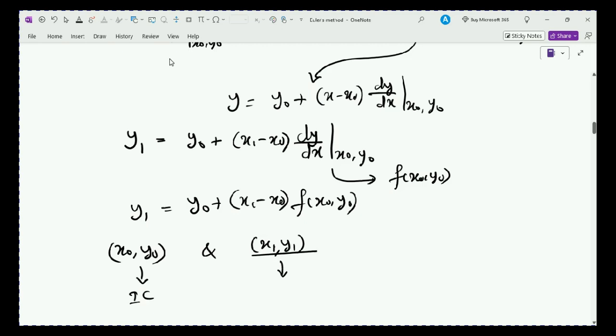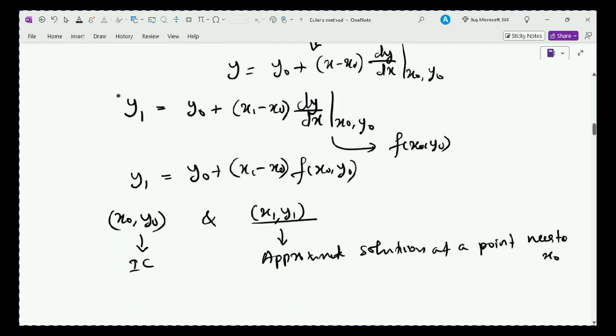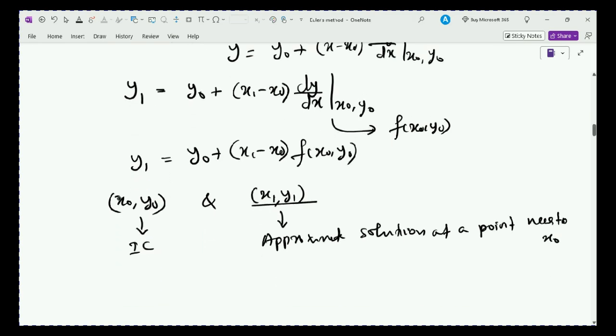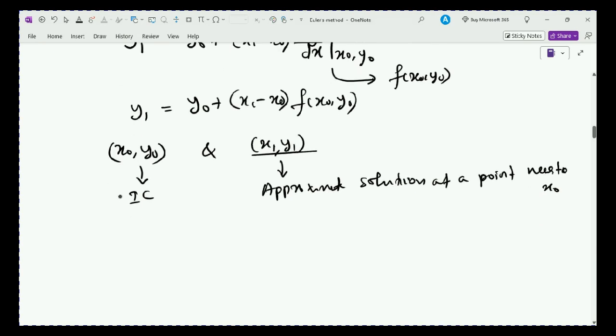So this is an approximate solution at a point very near to x0. Now from this we can get an approximate solution